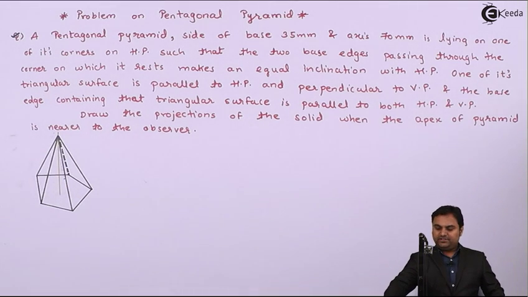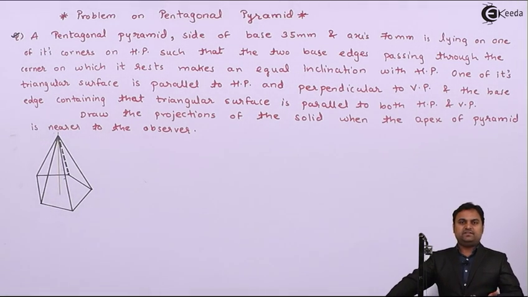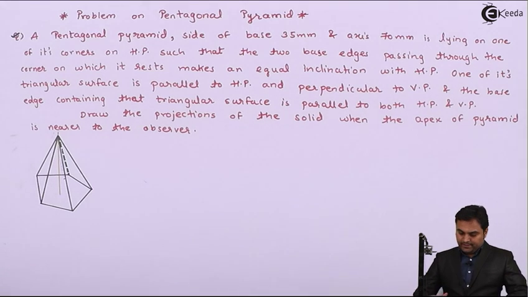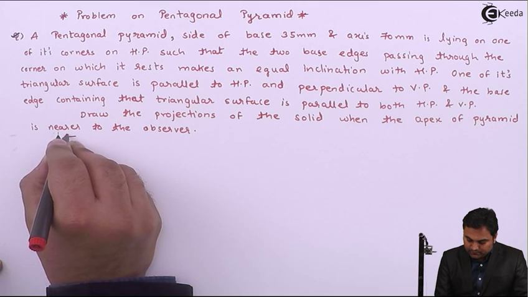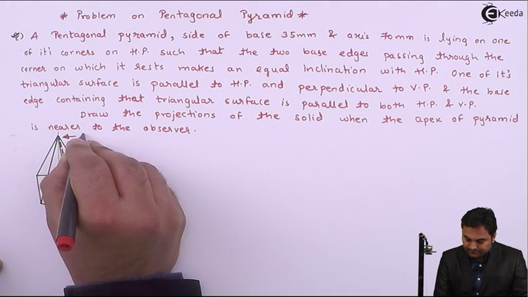Now this is a pentagonal pyramid in which the base is in the shape of a pentagon. It has 5 base edges and 5 corners. Here is the apex